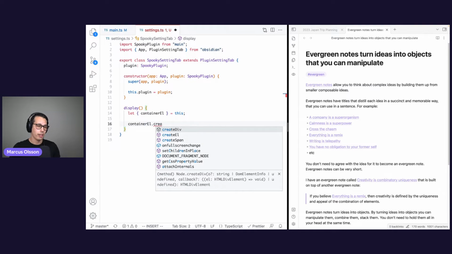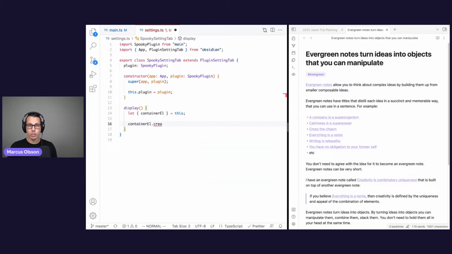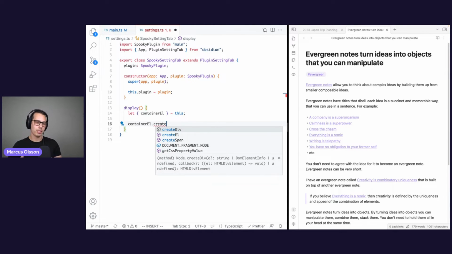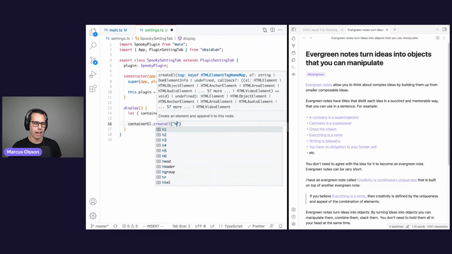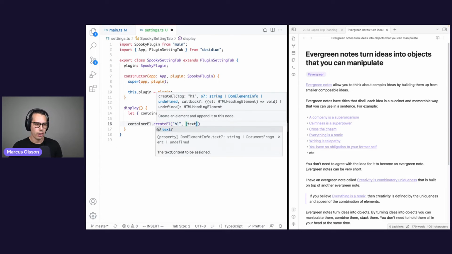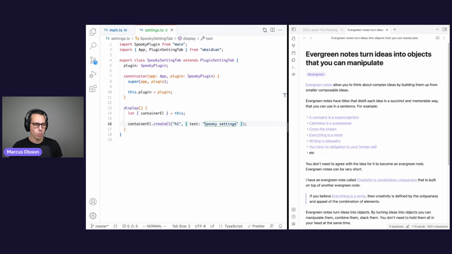containerEl is of type HTMLElement, and all HTML elements have methods on them that let you create elements within them. So the containerEl element is going to be the container that contains our settings, essentially. We will start populating and adding things to it. Let's first add a heading, an H1 heading with some text: spooky settings. When I save that,